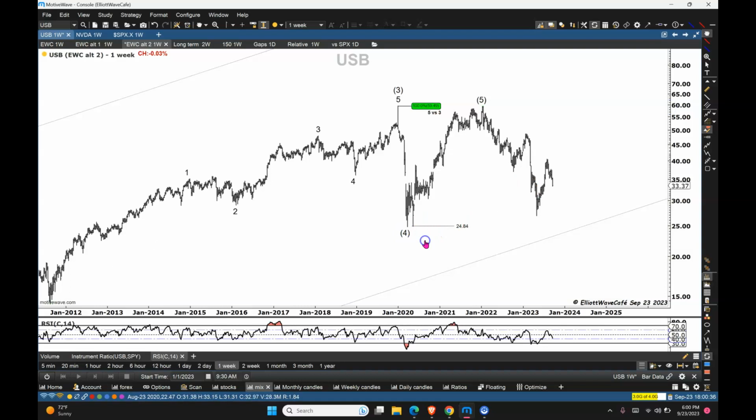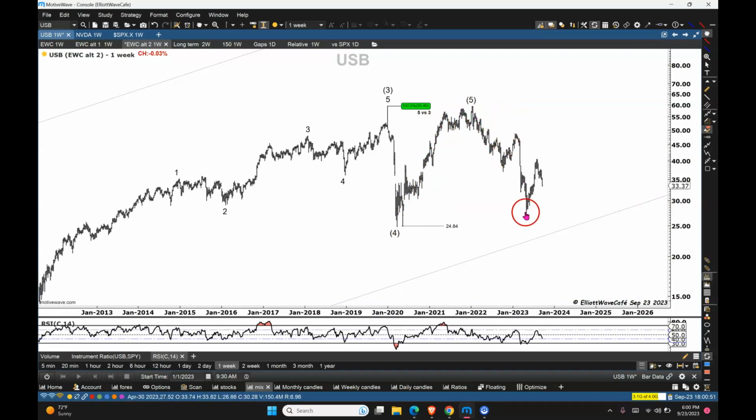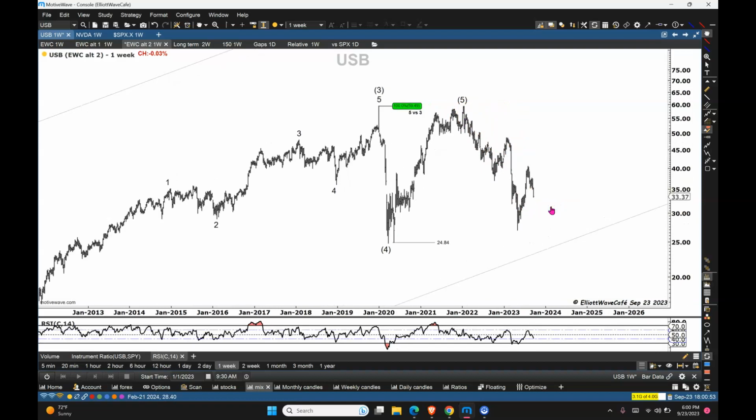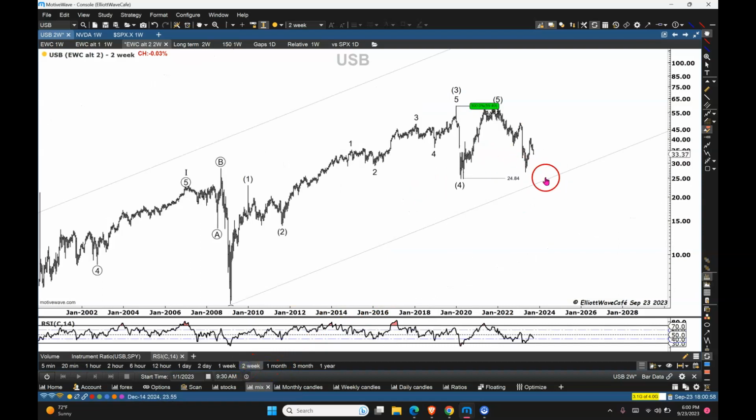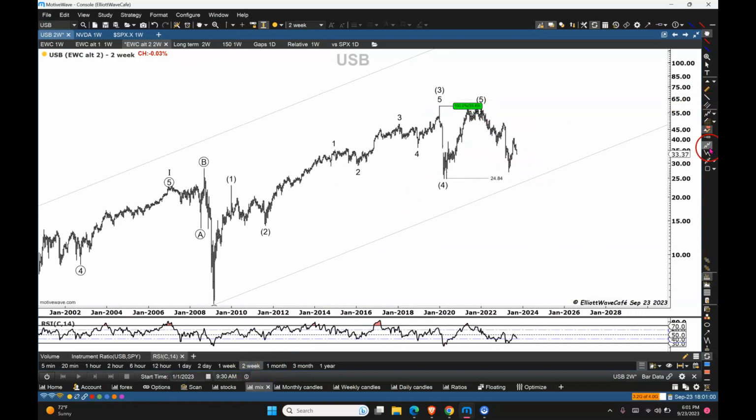So what we have here, this is a nice decent impulse. 1, 2, 1, 2, 1, 2, 3, 4, 5, 4, and 5. Fine, and that's a 3-wave move so far. All right, so you have a nice ABC there, going back to a 2 week. So let's do that. We're going to go A, B, C for now,